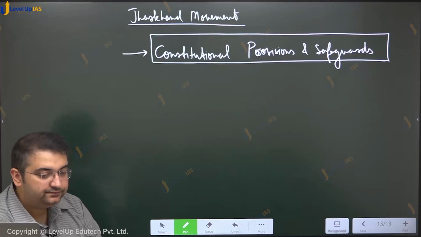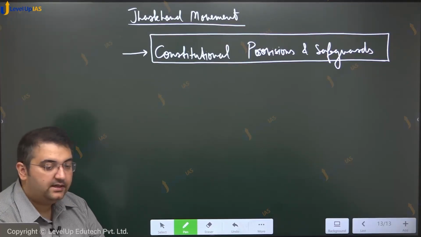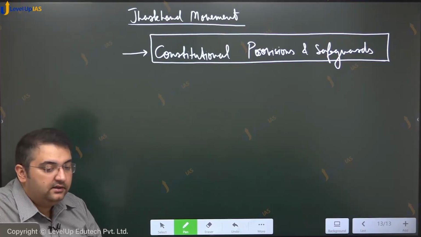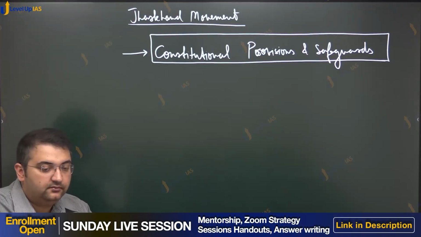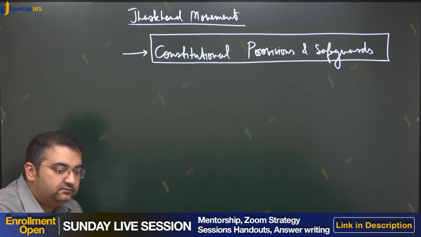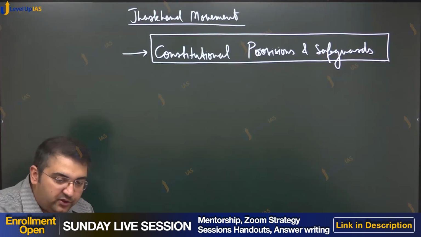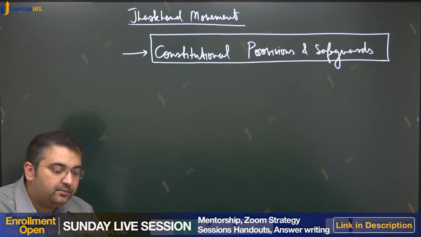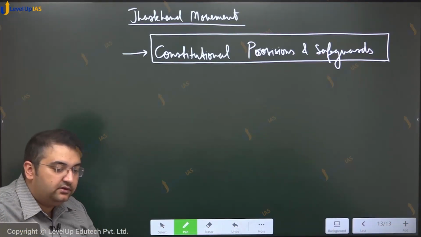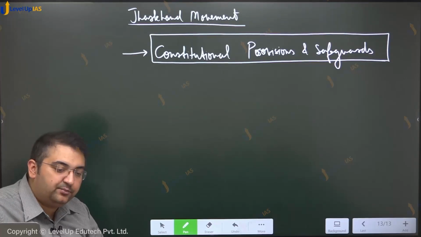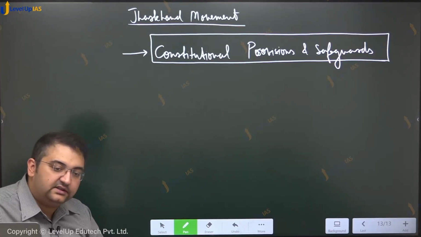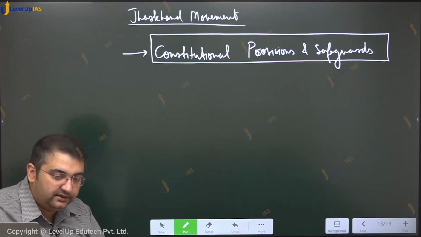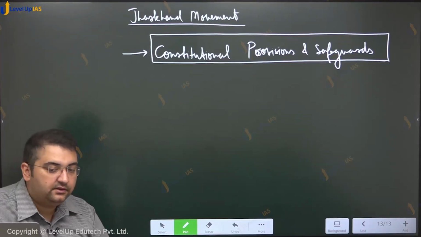Reservation in state legislative assemblies. How much? In proportion to their population. किसी स्टेट में अगर 60% पॉपुलेशन है ट्राइबल्स का तो वहां पे 60% मिलेगा, कहीं पे अगर 6% तो वहां 6% मिलेगा. ठीक है. नेक्स्ट,